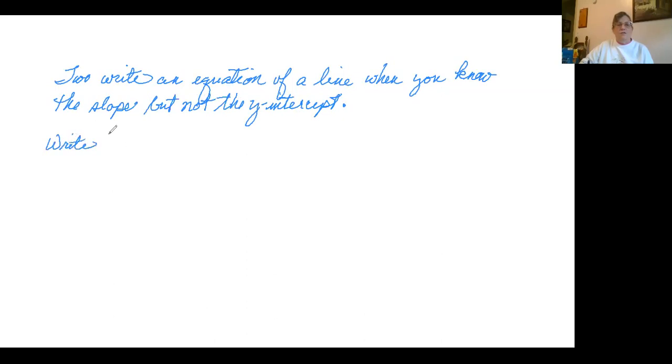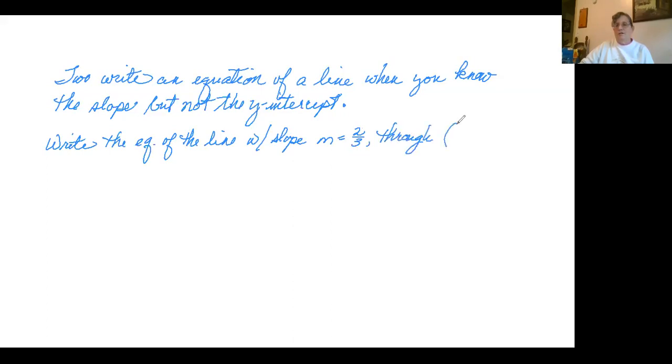Let's say you are supposed to write the equation of the line with the slope m equals 2/3, and it goes through the point, I don't know, 5, -3. It doesn't matter what the slope is, and it doesn't matter what the point is. Okay, the first way